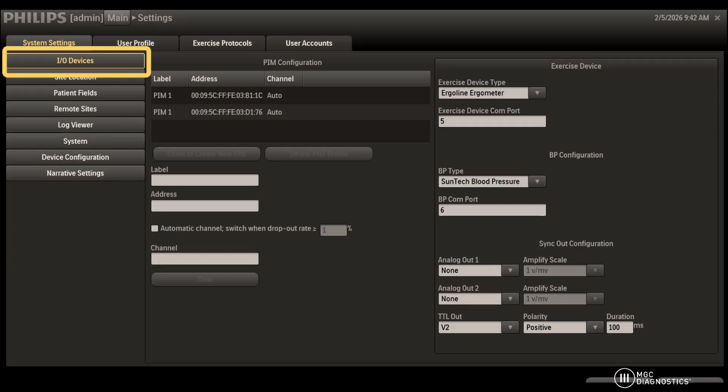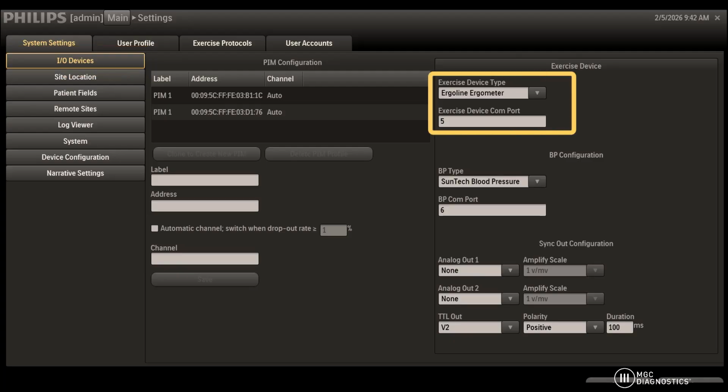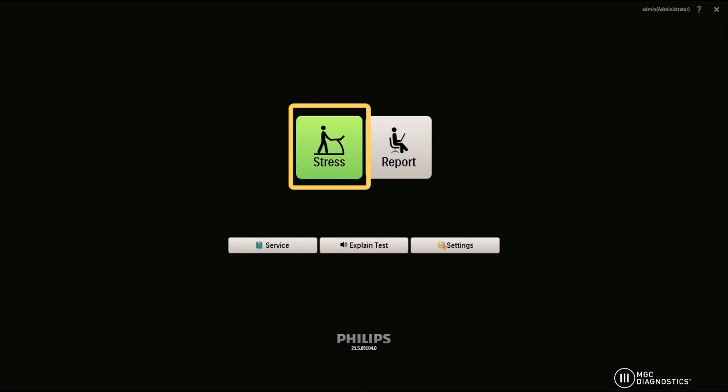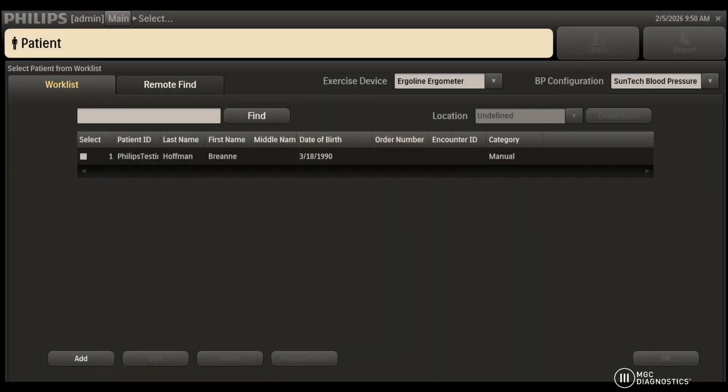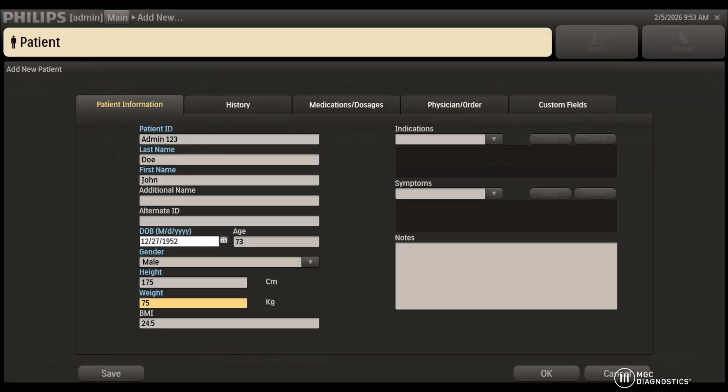Also, on the initial Philips software setup, click on I/O devices and enter the correct exercise device type and COM port. Then click Save and exit back to the main menu. From the Philips main menu, select the Stress button to open the patient work list. From there, either add a new patient by clicking the Add button or locate and highlight an existing patient and select OK. If adding a new patient, leave the demographic screen visible and do not select Save or OK at